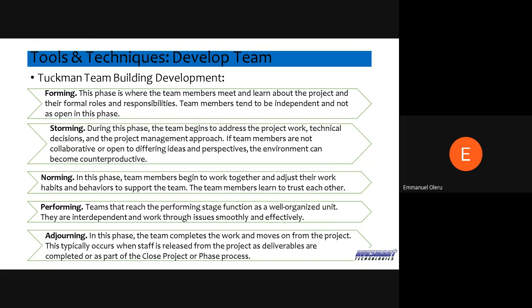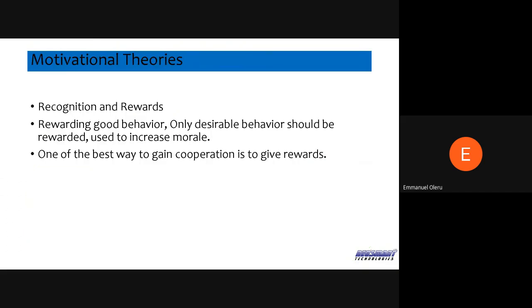So you have norming, and once people are able to understand each other, you're able to adjust to each other's differences and support everybody. The next stage is the performing stage, which talks about a stage where you have a team as a well organized unit, and then you keep hitting heights and getting things done and achieving. Then finally, you have the adjourning stage where you have finished the work, and then you're moving to other projects and other deliverables. So, Tuckman is one of the key guys in terms of tools.